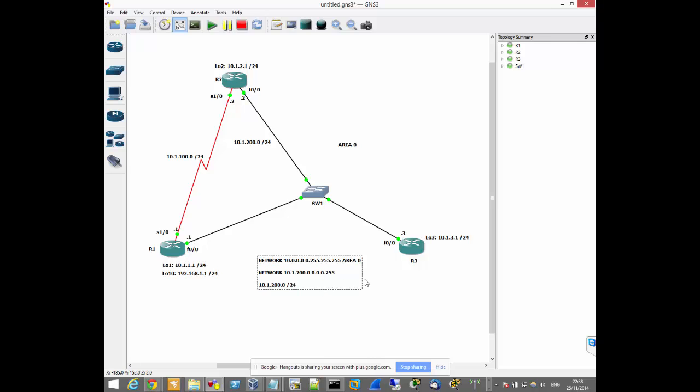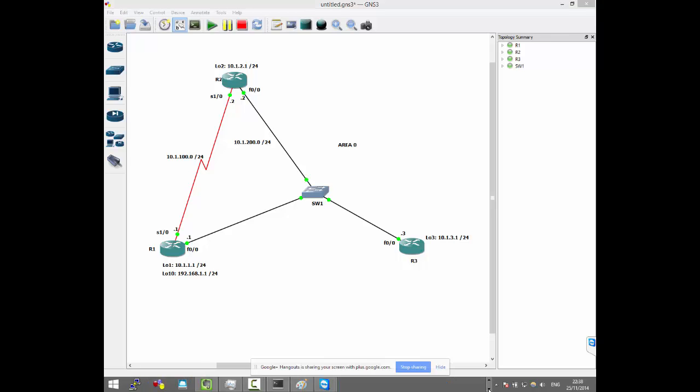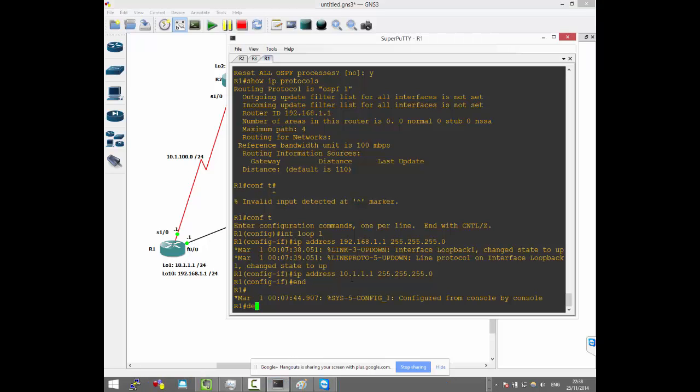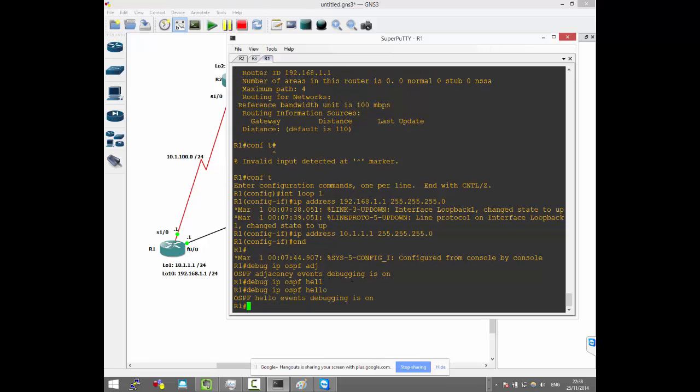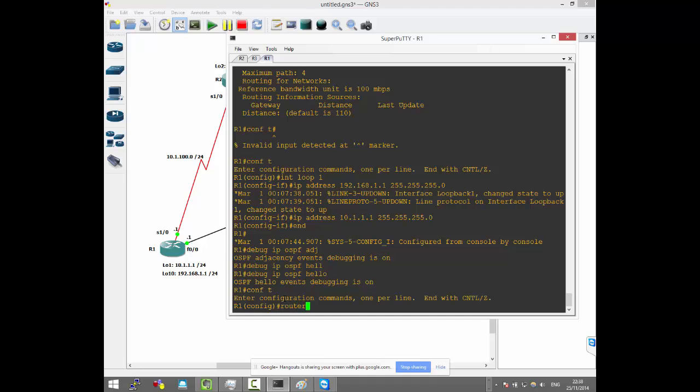So actually, let's do this. Let's bring up our router and let's go debug ip ospf adjacency and debug ip ospf events. So if I want to enable OSPF on this interface, I can go conf t, router ospf 1, and I can go network